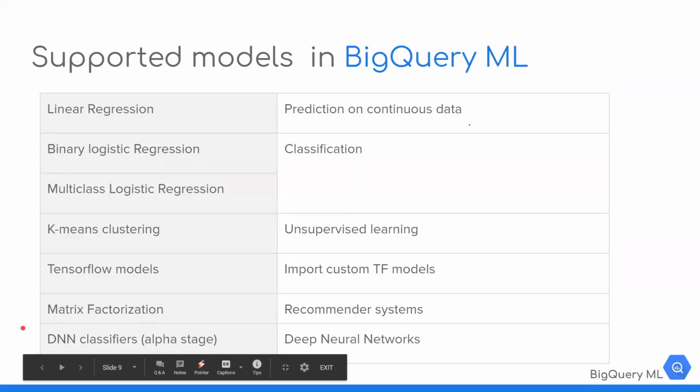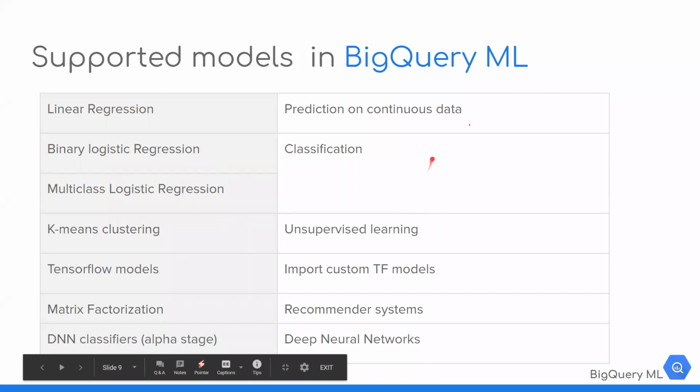And for deep neural networks, we have DNN classifiers in the alpha stage. So this will be improved in later versions of BigQuery ML. So these are the various different models that you can use in BigQuery to do your